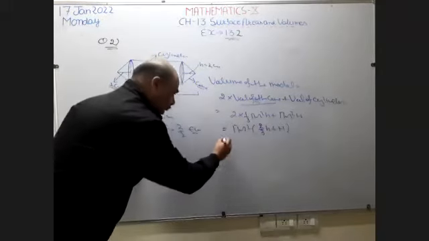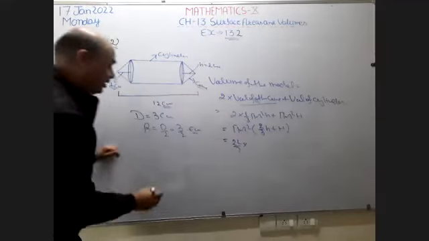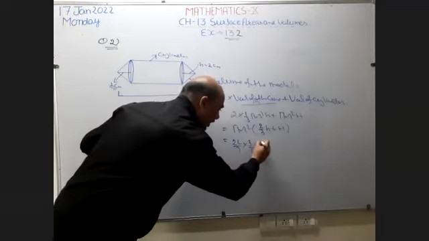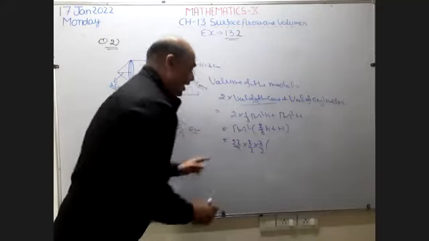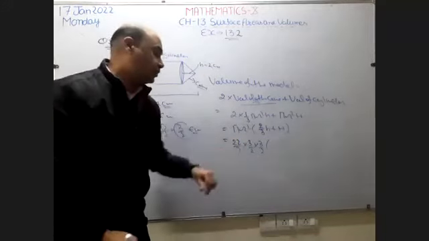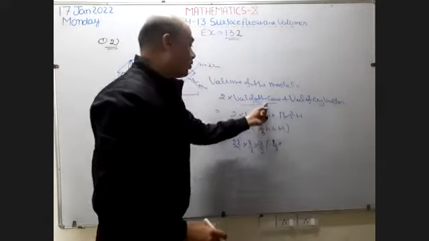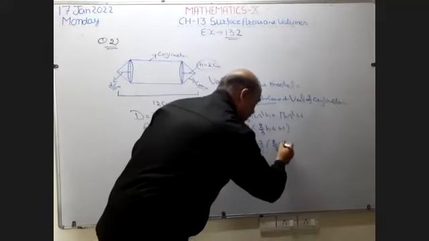Now see, the value of pi is given as 22 by 7. The radius is 3 by 2, so write 3 by 2 and 3 by 2. Why do I write it 2 times? Because it is r square, so we write the radius 2 times. Now 2 by 3 into h. This is the height of the cone, so what is the height of the cone? 2 centimeters. So write here 2 centimeters.